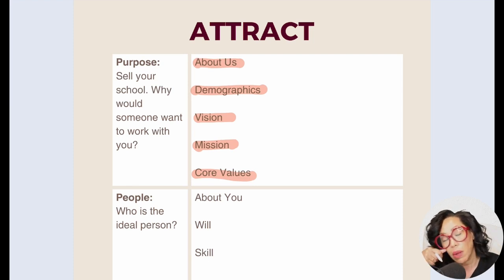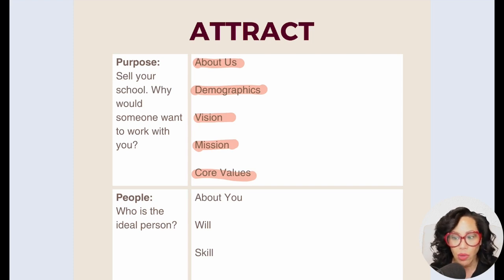So in the job description, you're going to put, we're this school, we're located here. This is the student population we serve. We're an elementary school. We have 250 kids, whatever. That stuff is there. But then you're going to say, and our vision is that 100% of our students, blah, blah, blah. Now, immediately, there are going to be some people who see that and say, 100%, y'all are crazy. And they're going to move on to the next thing. You want that because you don't want anybody coming into your school who doesn't believe in that.